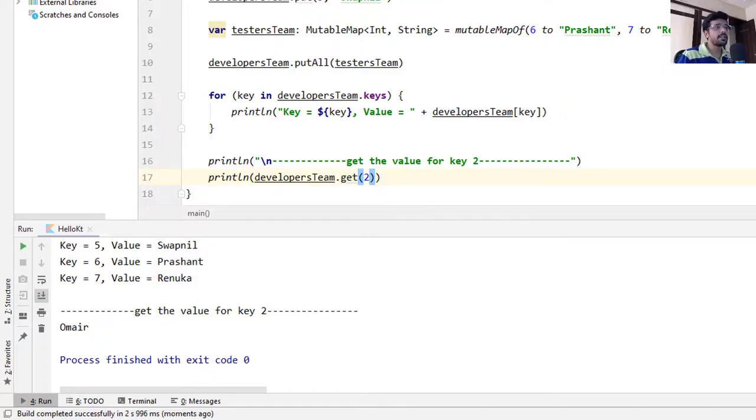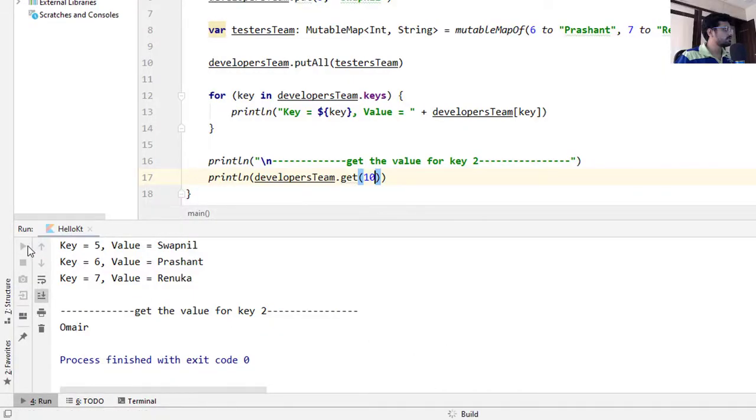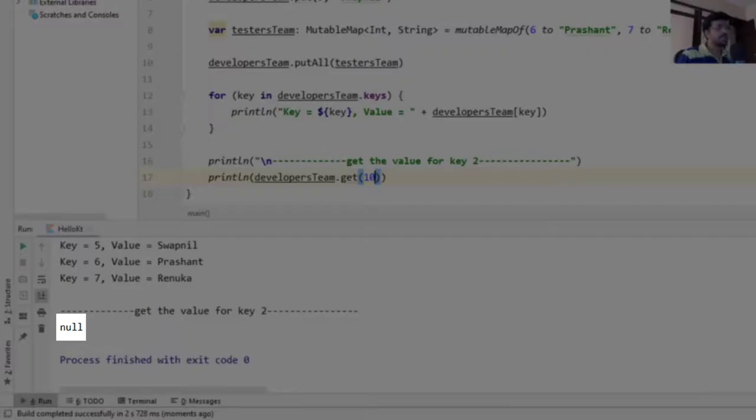Let's change it to 10 and see what happens. And it returns null since there's no key with 10 as a value.